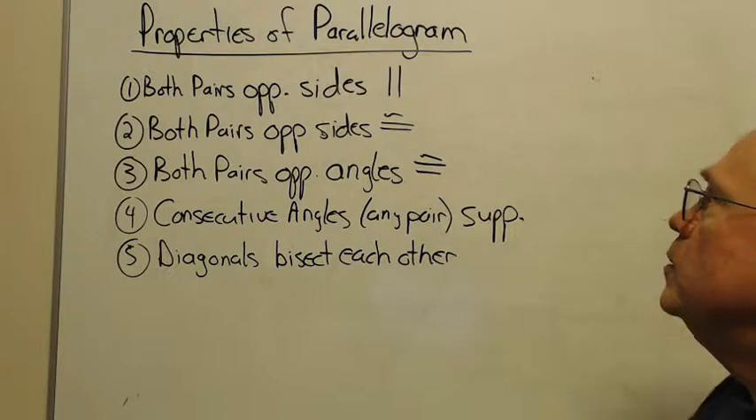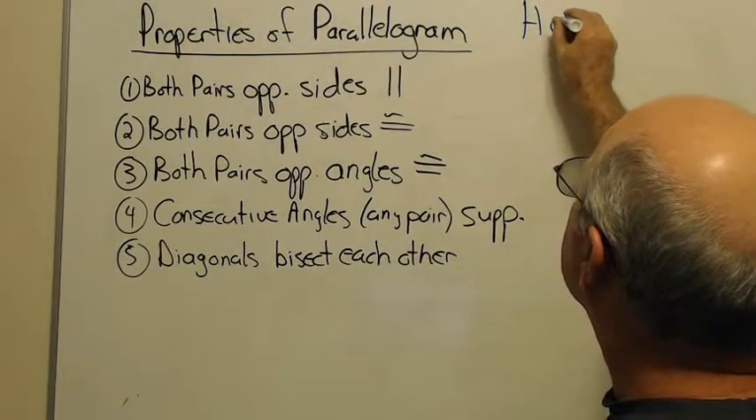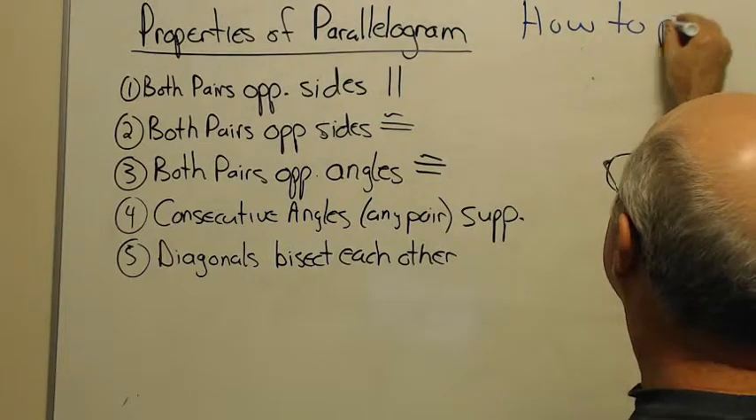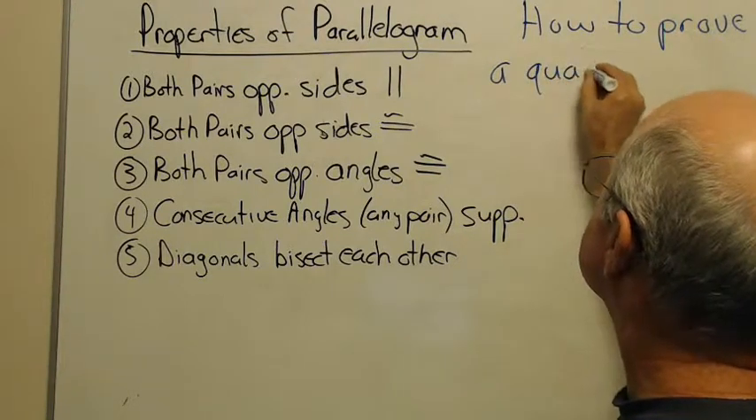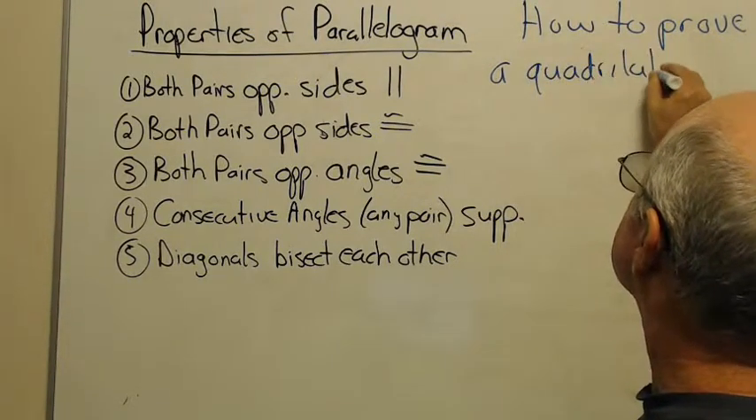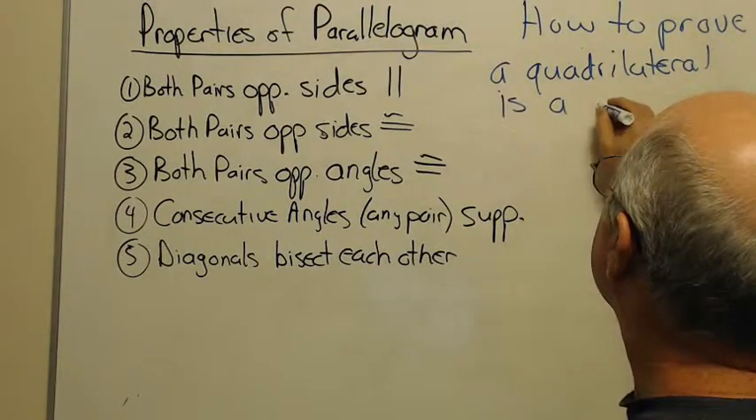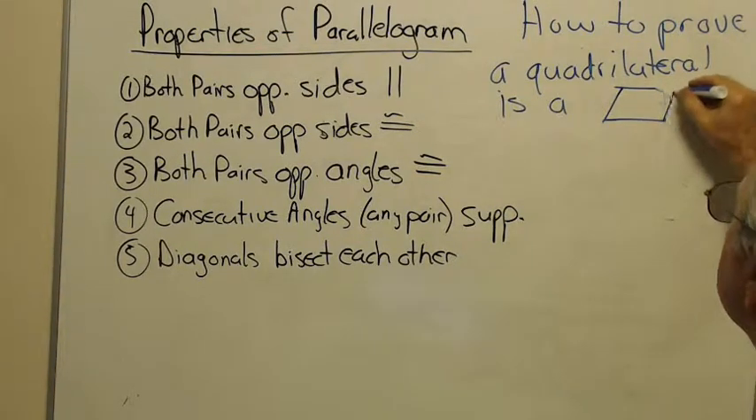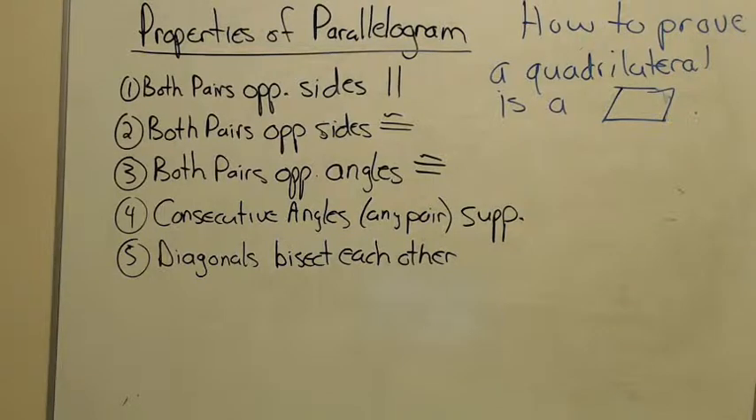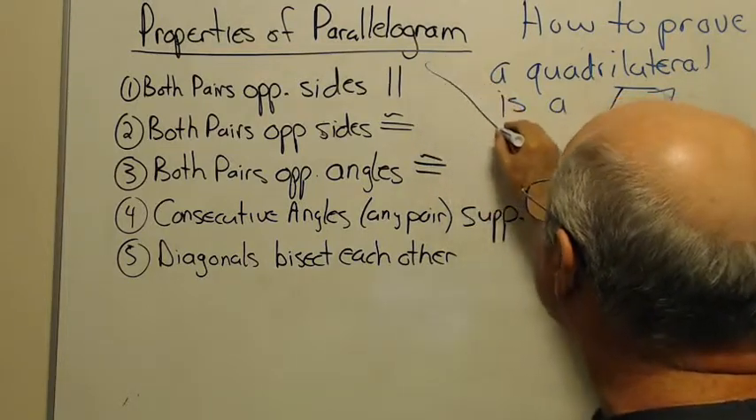Okay, what we're going to look at in the next section is how to prove a quadrilateral is a, and here's our symbol for parallelogram, is a parallelogram. Well, it turns out really we already know, at least we know most of it. Because if you can show any one of these 5 reasons,